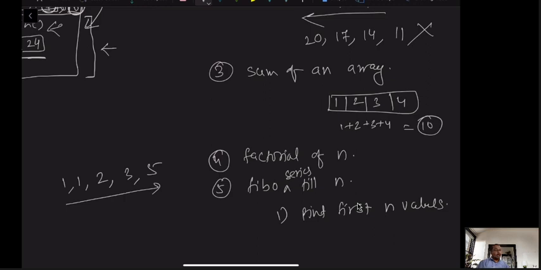Okay. The second version is print till n. If n is equal to 8, then you have to print till 8, not 8 values. Whenever 8 is encountered, stop. If it is 7, then 7 is not coming in the Fibonacci series, so you have to print till 5 only, not 8.